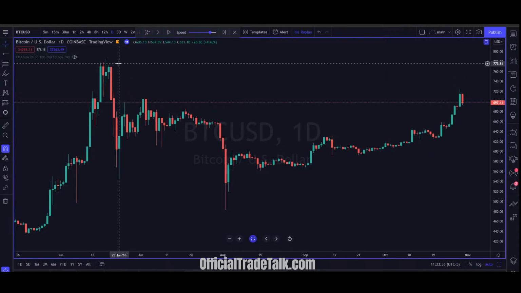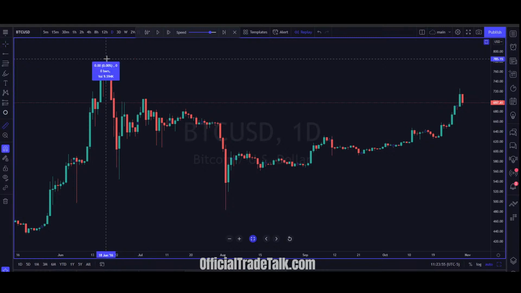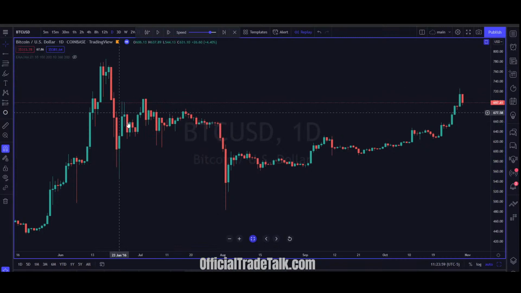So here's a bullish push, and then you drop hard, right? So this pullback right here eliminated a lot of people. Massive amount of people probably. So what you want to do, and that would be what we would be looking at as the very beginnings of a bear trend, right? Because you have a lower high, lower low sequence and a 38% drop. But we know how this works out already.